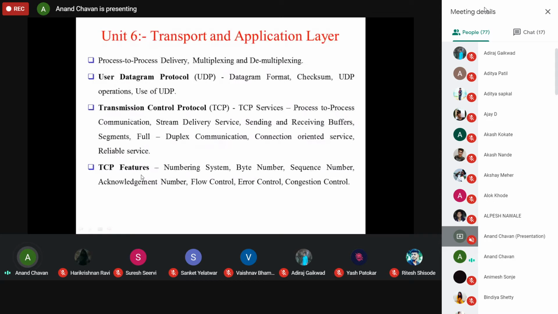How you set the sequence number, what is the use of the acknowledgement number, how you add it: all these come under this heading, sequence numbering and acknowledgement numbers of the packets, and how they are useful. When some packets are missing, the sender has to send only those packets again. Therefore, we use the acknowledgement number and sequence number for each and every packet, and these are the different features of TCP.